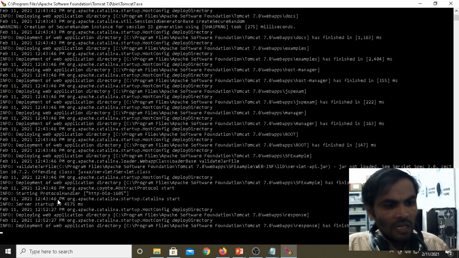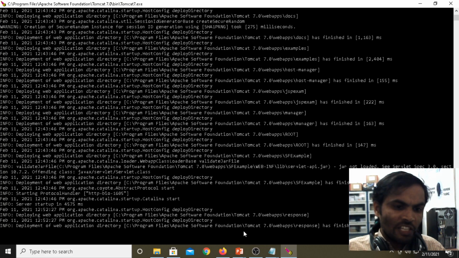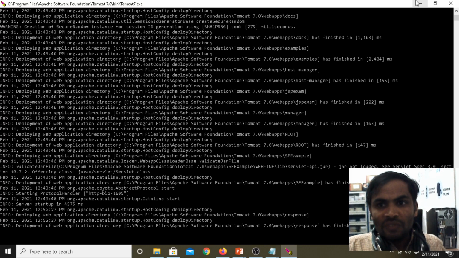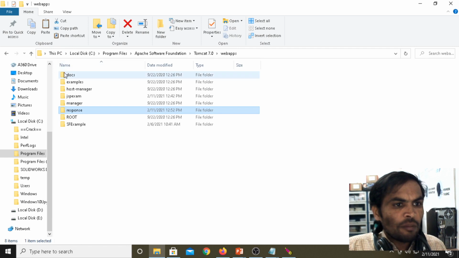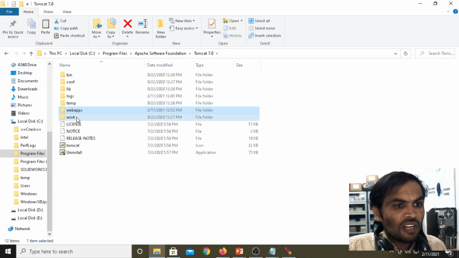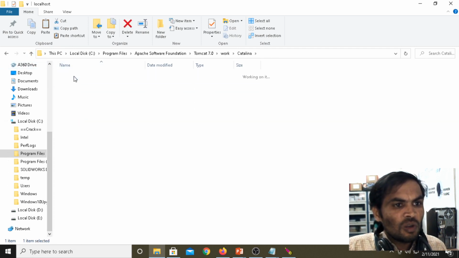Means when you are deploying your project file under the server side, by default it is translating. I am not creating it. See here, for your understanding purpose, again I am going back to work, Catalina, localhost.